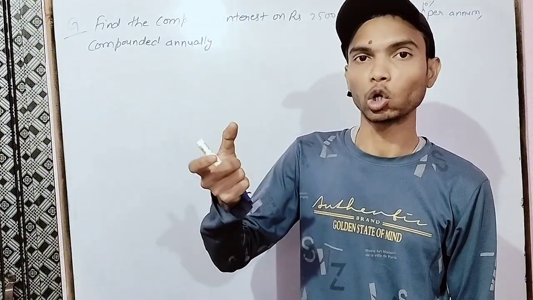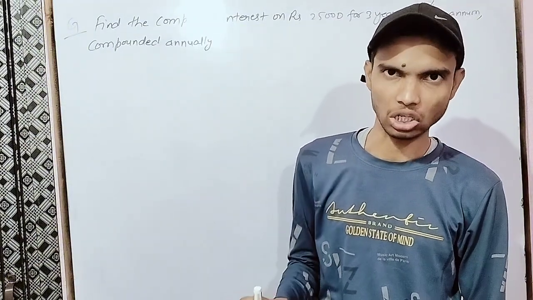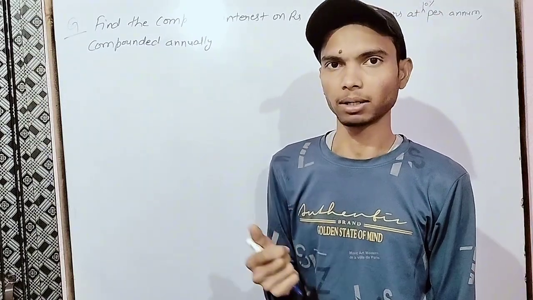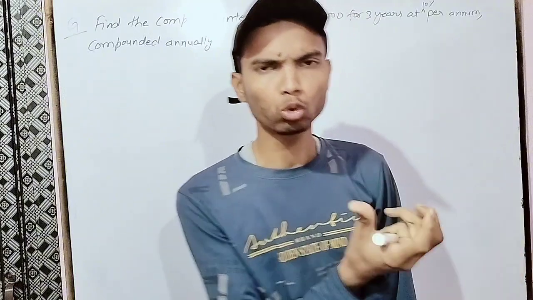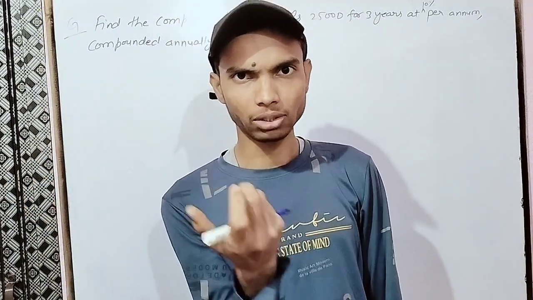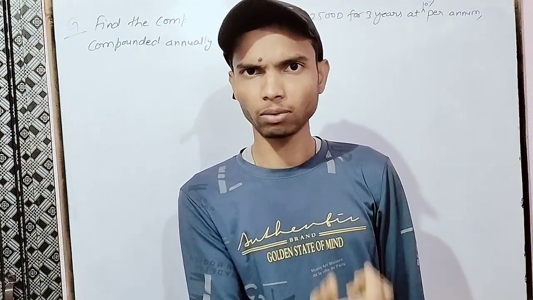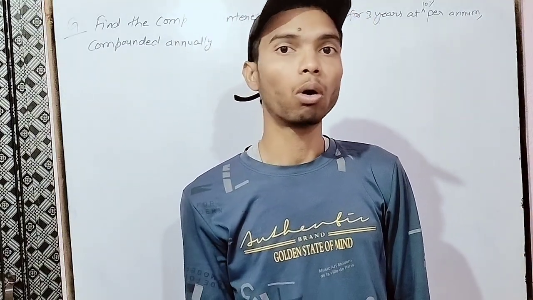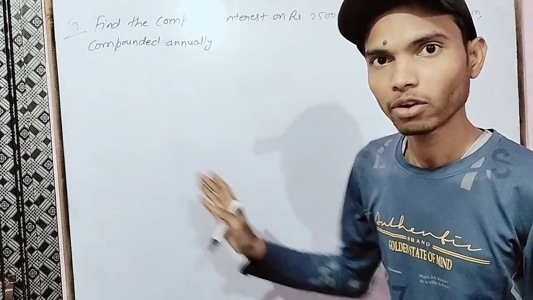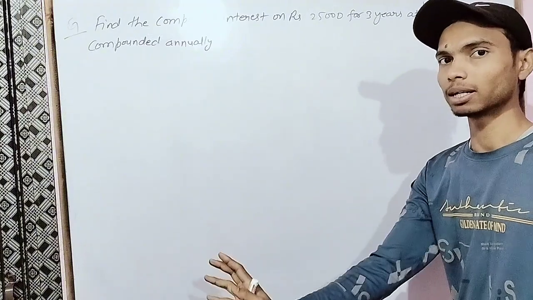Before that, we need to understand the meaning of compound interest. What do you understand by the word compound interest? Here, compound means two or more. And what is coming after compound? Interest. So two or more interest. There is one twist. After finding one interest, one simple interest,